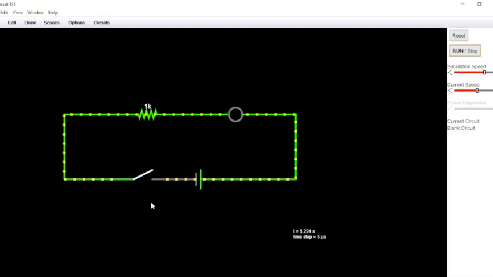See, at this particular time the switch is off, so no current is flowing through the circuit and your LED is also not glowing. But when I turn on your switch, then you can see that yellow dots are moving.